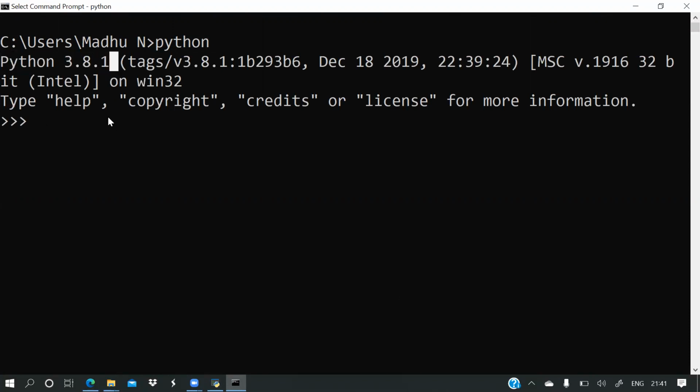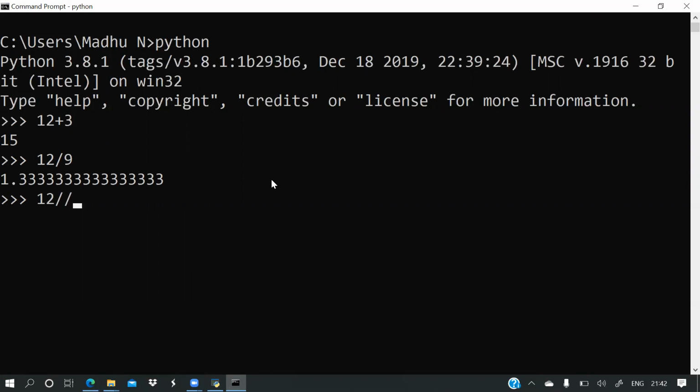Same, I will use Python as a calculator. 12 plus 3, 15. 12 by 9. Now 12 by 9 is this. Now I want only int. I don't want this fractional part. Then I have to use this.